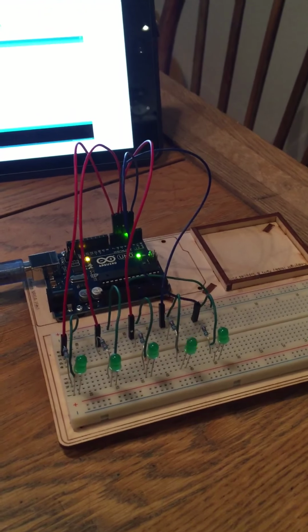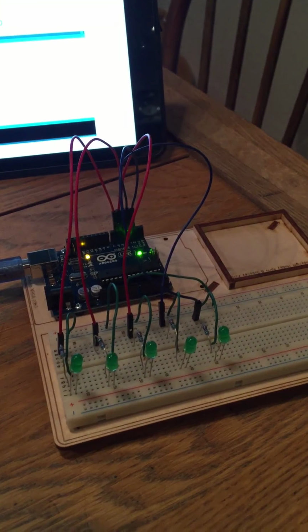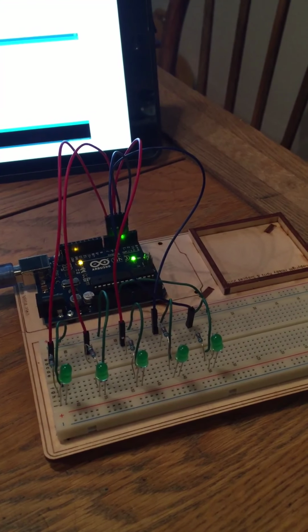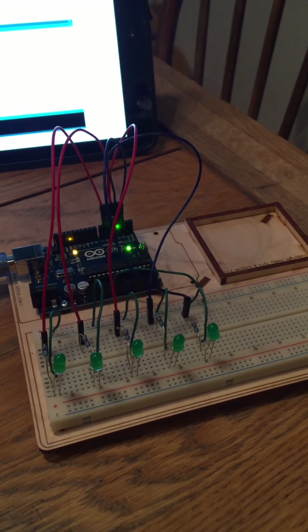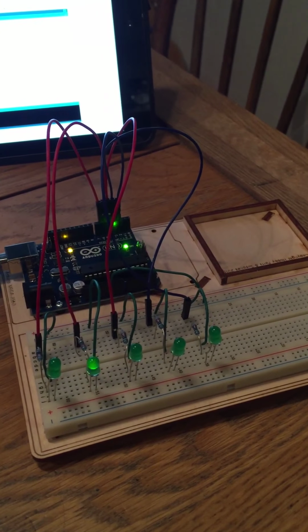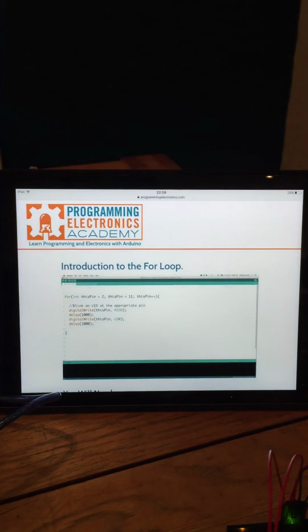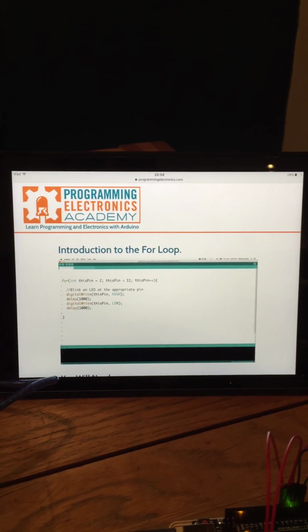Okay, so a bit of a late night Arduino video going on here. Just going to talk my way through a little loop sketch that I've got going, which is based on some stuff I've been looking through on